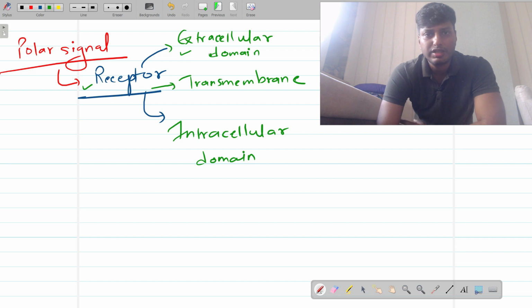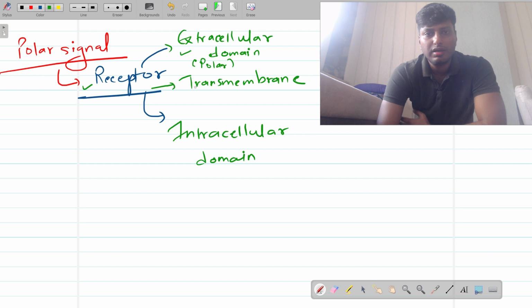Obviously, the extracellular domain region, which is present in the outside part of the membrane, is going to be polar in nature, because the outer part of the cell is again reacting with the outside environment of the cell, which is polar in nature,